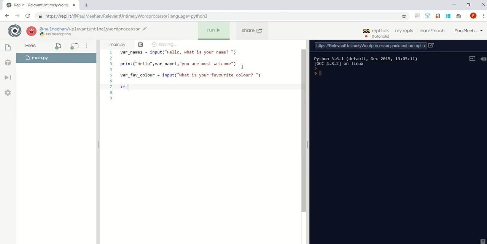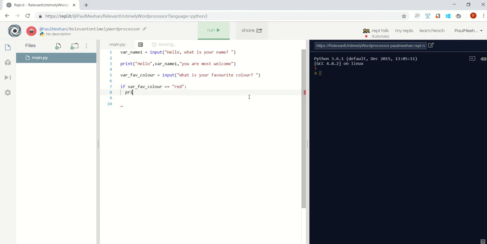We use if. So we're going to test what they've typed in, and we give them a response based on what they've typed. So if var_fav_color double equals. So we're testing something, we're not assigning. When we make a variable and we assign it with an equal sign, there's a single one. We're saying we're going to add something into this variable with a single equal sign. When we put a double equal sign after a variable, we're testing what's in it. We're checking it. So var_fav_color, if it's equal to red,